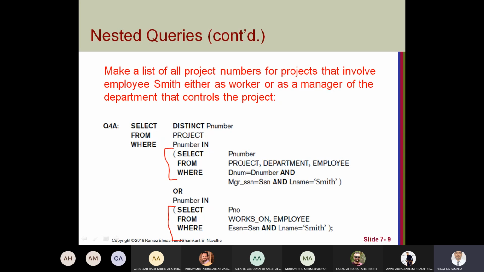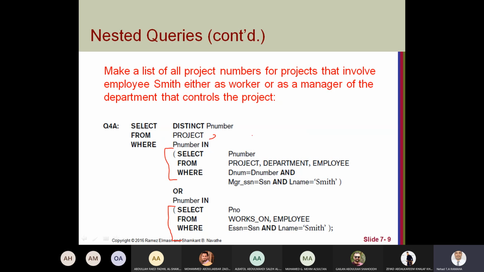But in this query, you can write it like the previous one. We said select B number from project and from department.